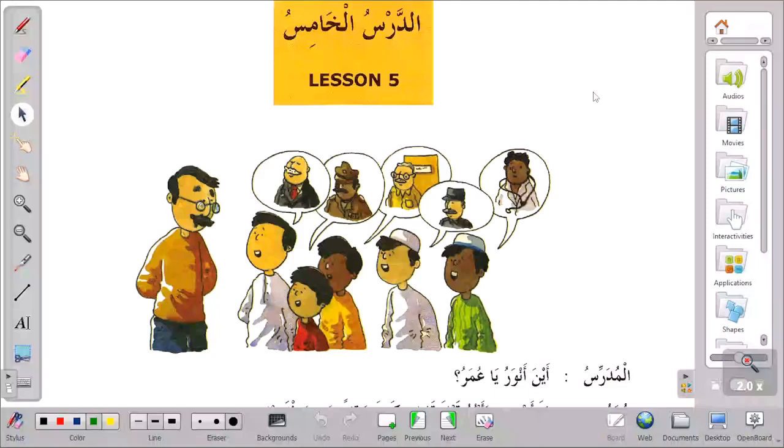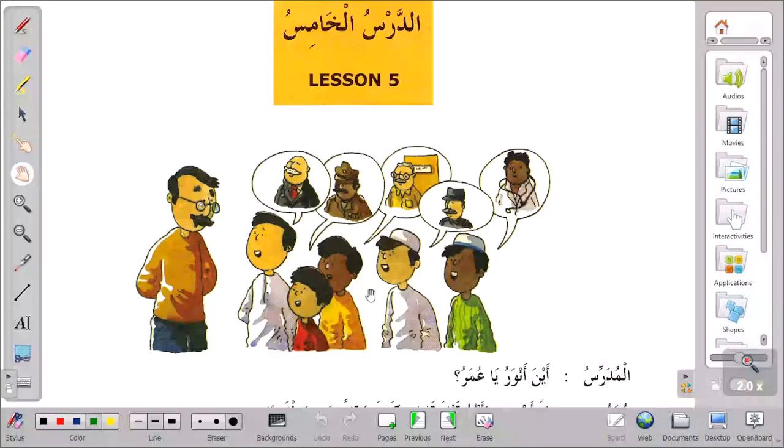Alhamdulillah Rabbil Alameen. Inshallah, today we are continuing from where we stopped in the previous lesson. Of course, we were able to complete the previous lesson, and we are continuing with a new lesson, lesson number 5 of book 5, or lesson number 25 of book 2, depending on the edition that you are using. So without wasting much time, let's just begin.